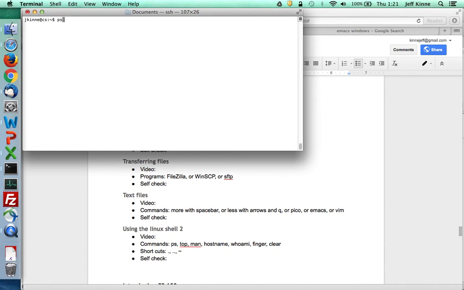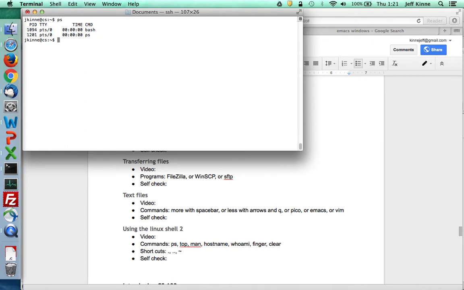ps prints programs that are currently running from this shell. So from this shell, bash is the name of the shell that I'm running, and the ps command. If I have some other jobs that I started, then they would show up there. If I want to look at all the jobs, there's options that I could do, and I can look at